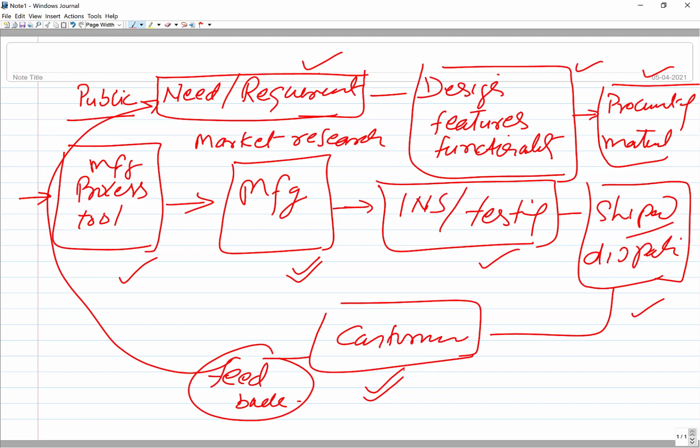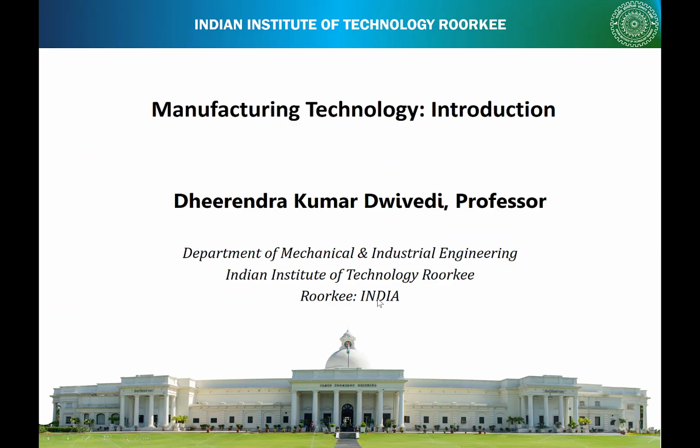This is what is done, and this is where we are now. We are talking about the manufacturing aspect. We have the desired infrastructure, processes and the material. Now that is to be given a desired shape. Okay. Yeah, so you can see this screen, the first slide, the manufacturing technology introduction.